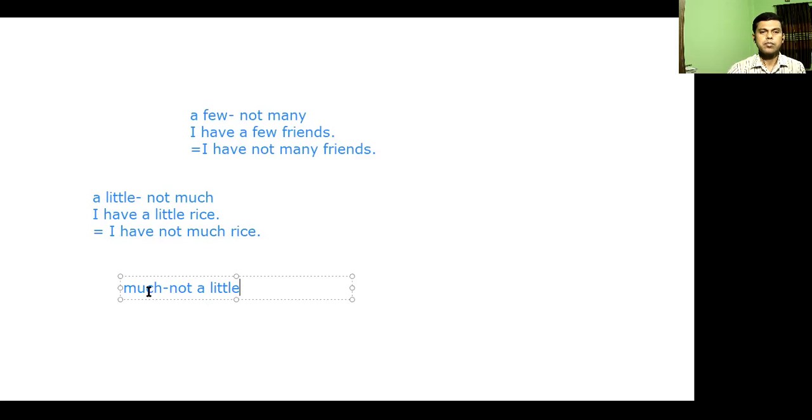So if there is "much," then it will be replaced with "not a little." The example will be: he has much money. This is affirmative. To make it negative, we write: he has not